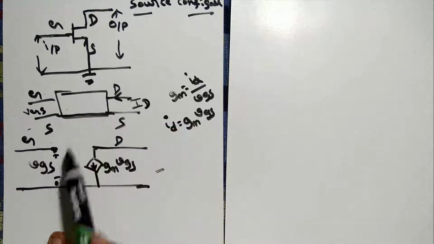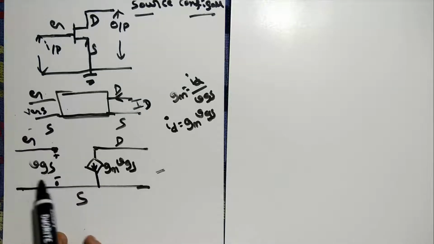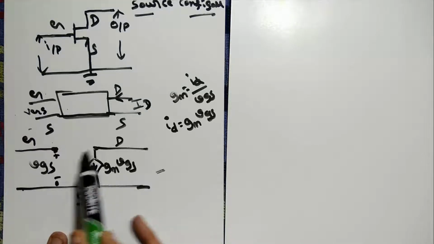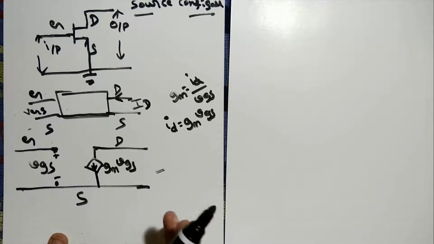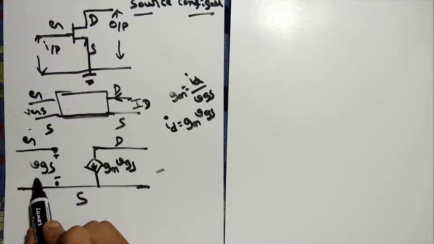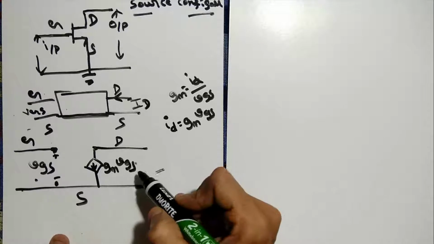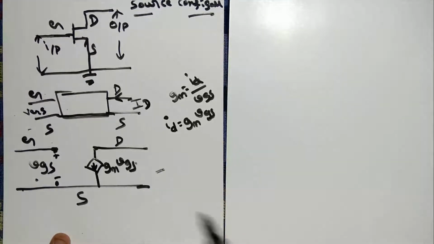How have we represented it? We made an input and output side; on the input side the voltage VGS is there, and on the output side the current ID is there. This is nothing but a MOSFET behaving as a voltage controlled current source. This is very, very important. For input we always talk about VGS, and for output we always talk about ID. ID can be represented like that, with the direction of ID like that, and the source is connected to ground.